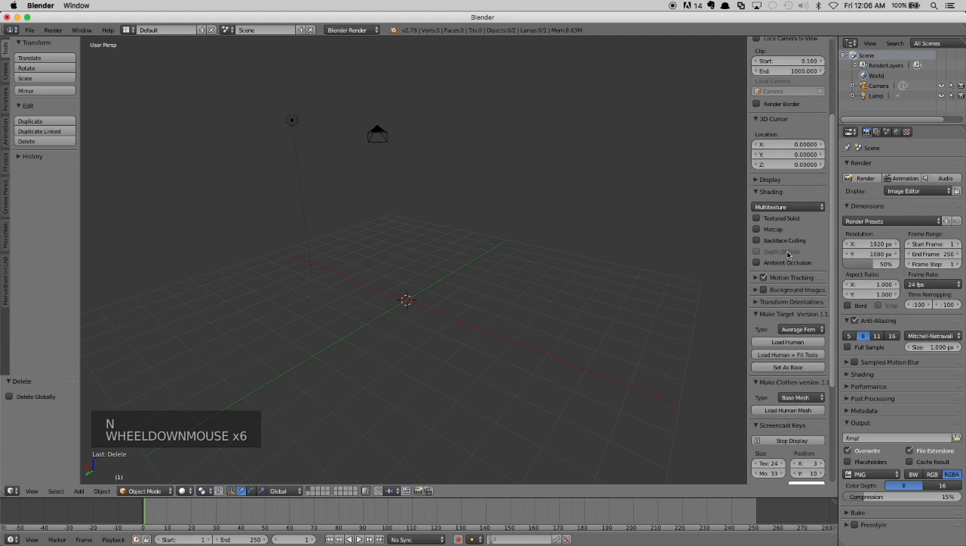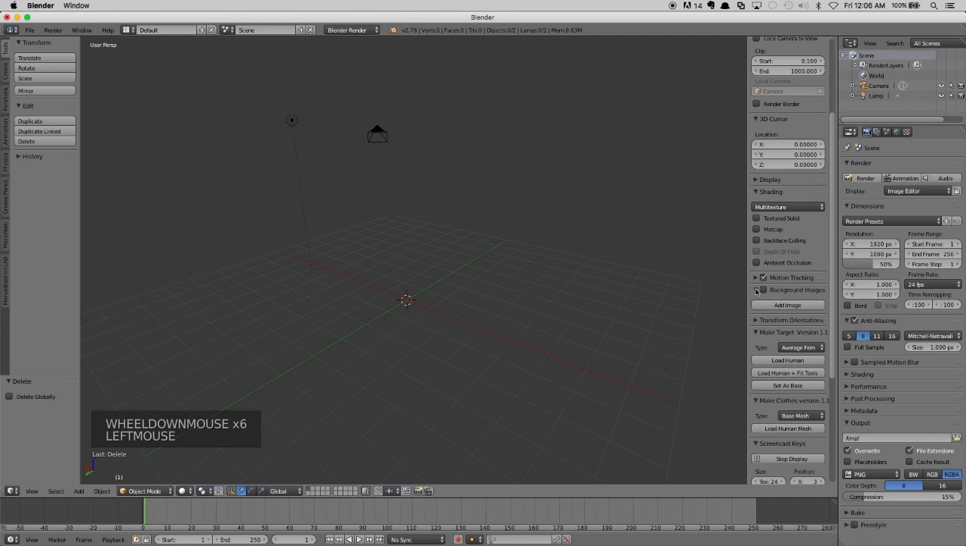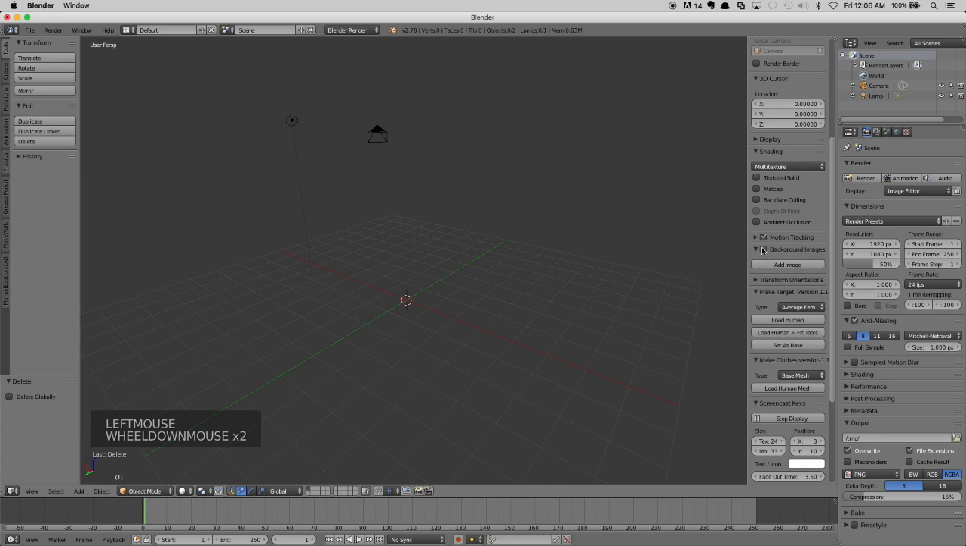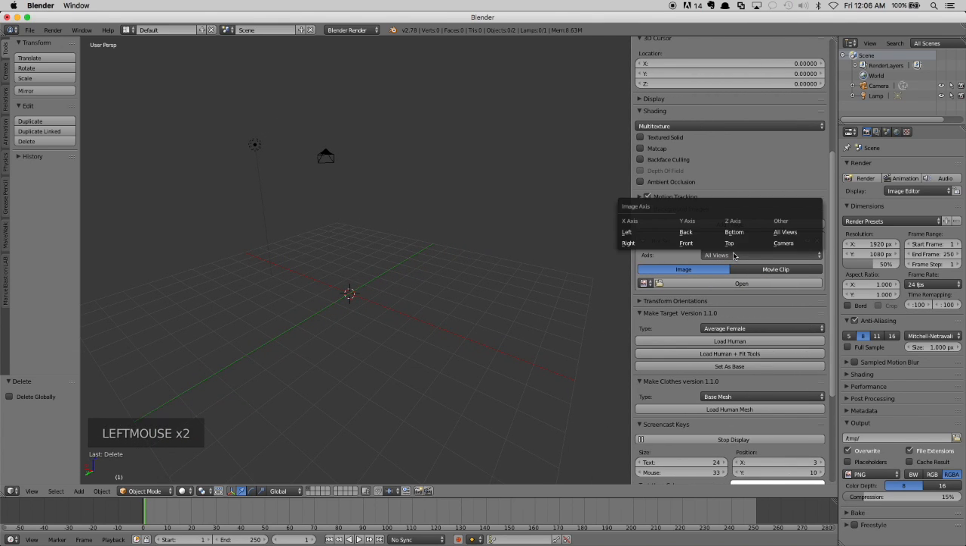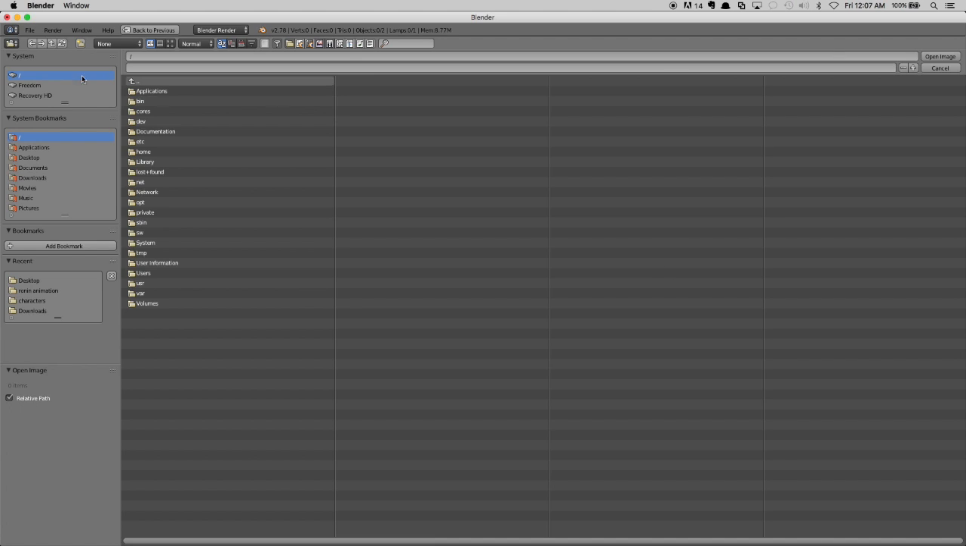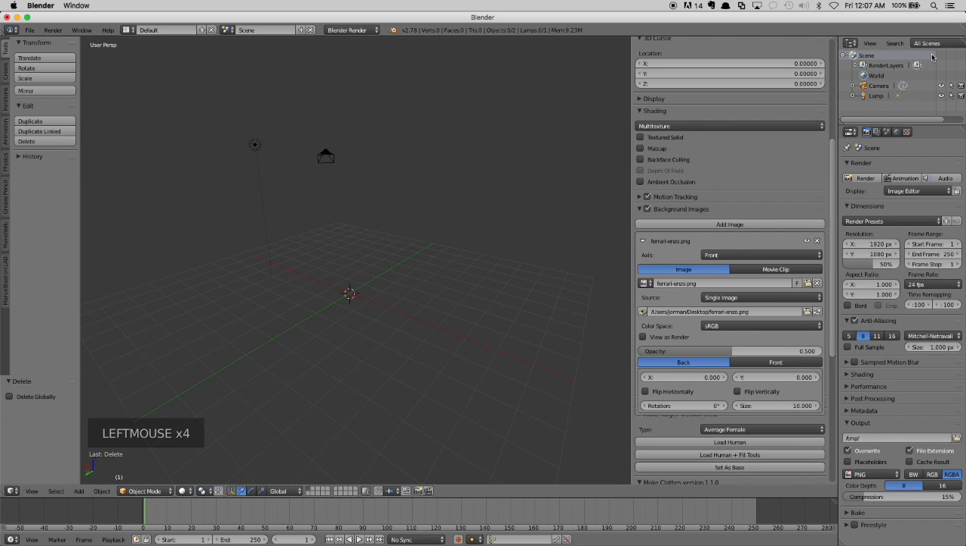and now scroll down to background images and then enable it. Then click add image, and over here you set what view you want. So we're going to start with the front view, and we're going to add the image. In this case we're using a Ferrari Enzo,